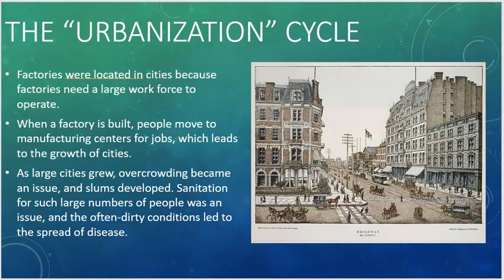Factories are located in cities because factories need large workforces in order for them to operate. But once a factory is completed, people move to that area to look for the jobs, which leads to the city growing. As the city grows, overcrowding becomes an issue, slums will develop, sanitation problems, dirty, horrible conditions, and disease. So there are problems with the urbanization cycle, but it is still how cities grew and how they continue to grow. So again, if you need time on the slide, go ahead and pause because we're going to move forward